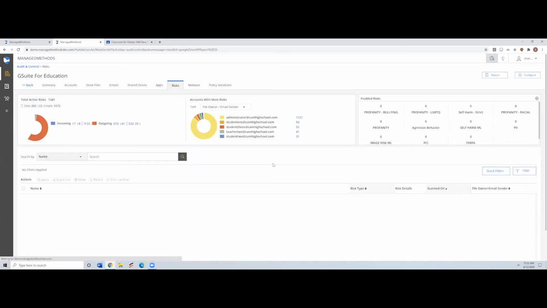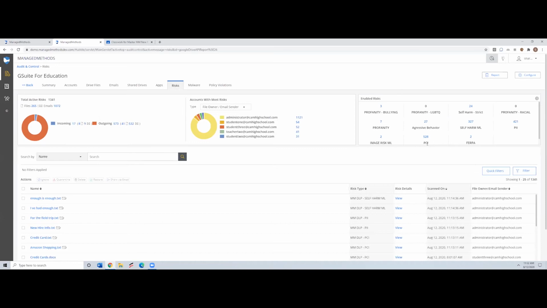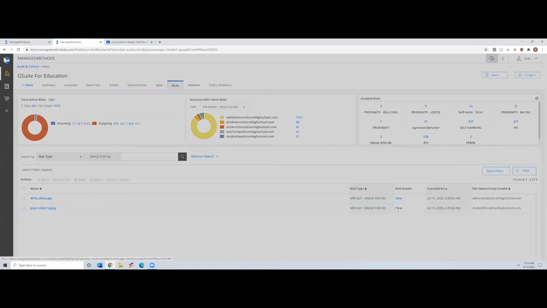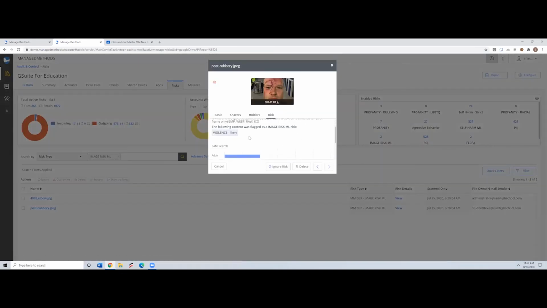Risks is where you can see all the risks that we found in your environment. We also scan images. For example, here is an image that looks like violence, looks to be a post-robbery. We often find, unfortunately, adult-natured images in school districts that you really don't want to have in your G Suite environment.